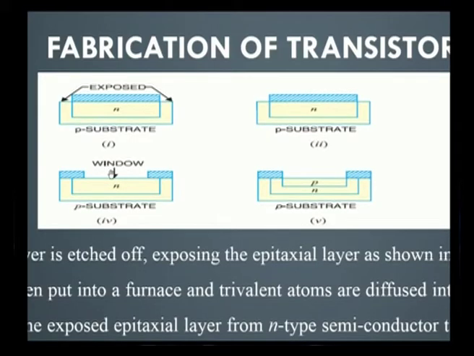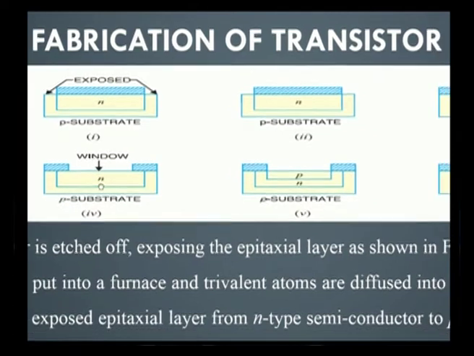So, the entire surface will be covered with the silicon dioxide layer. Next step, the windowing. We need to get the N epitaxial layer. Exposure of the N epitaxial layer can be achieved by etching the particular area where we need N type material. In that position we can etch the insulated area. This etching of the insulated area is called windowing, so that the N type material is exposed.